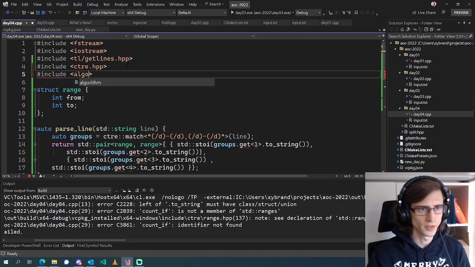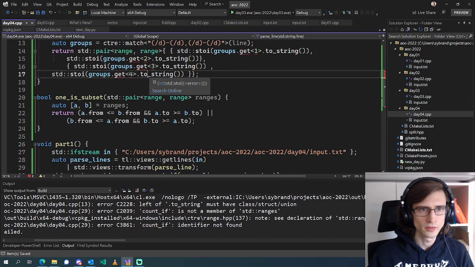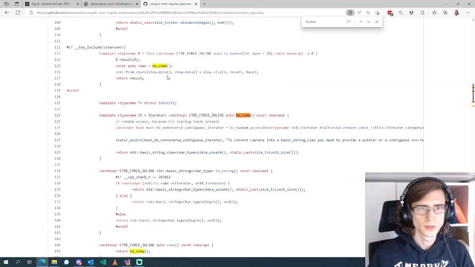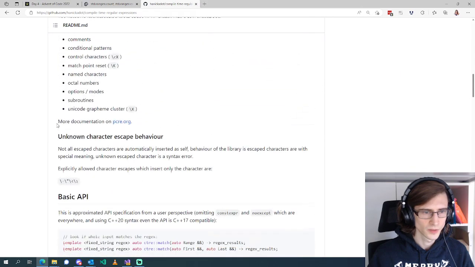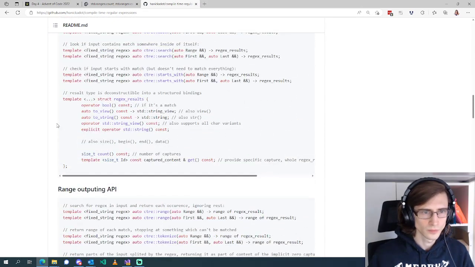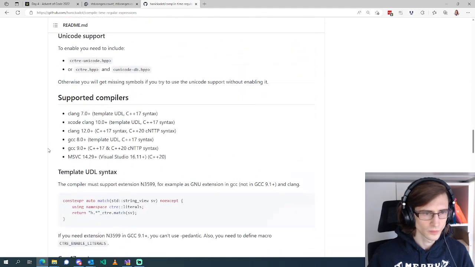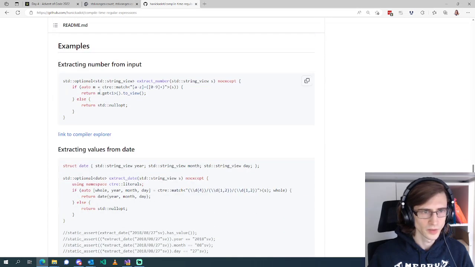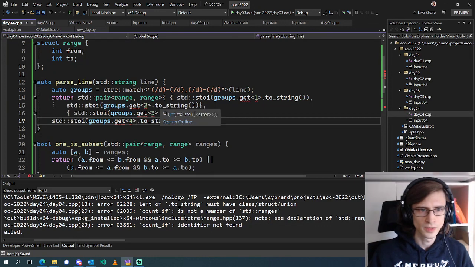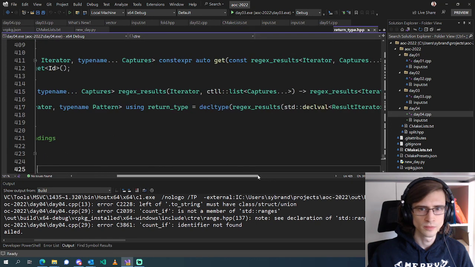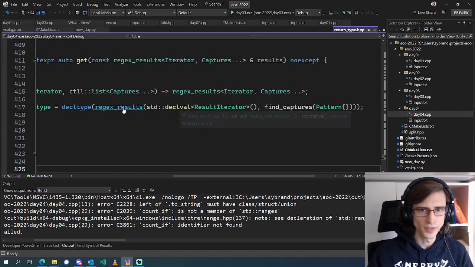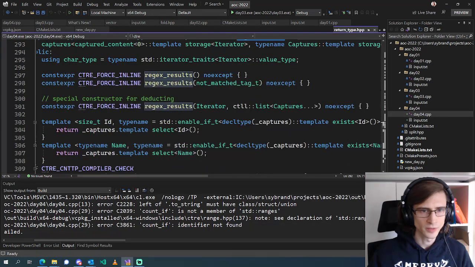I need algorithm for std ranges count_if, but I don't know why this isn't working. What am I doing wrong here? CTRE match this and dot get to view. What's the type of groups here? CTRE return type is decltype regex results, which should have a